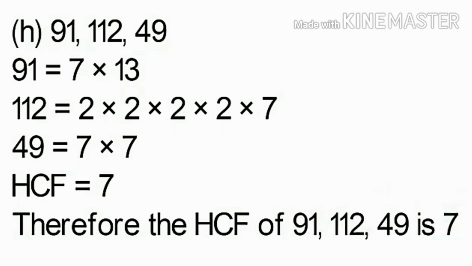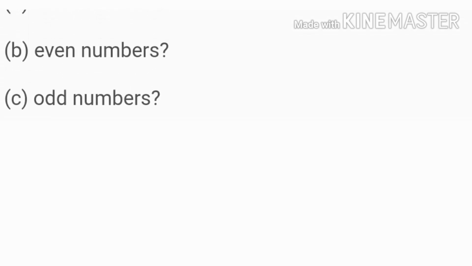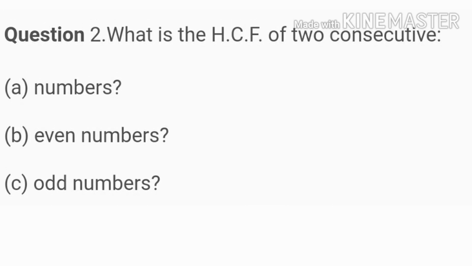So the HCF for these terms would be the common term. Now we have to see the common term among all three numbers. Because three numbers are there, we have to see the common number in all three. So 7 is there in 91, yes. 7 is there in 112, yes. In 49, yes. So 7 is common, and afterwards no common term is there. So the HCF for 91, 112 and 49 is 7. Understood, students?